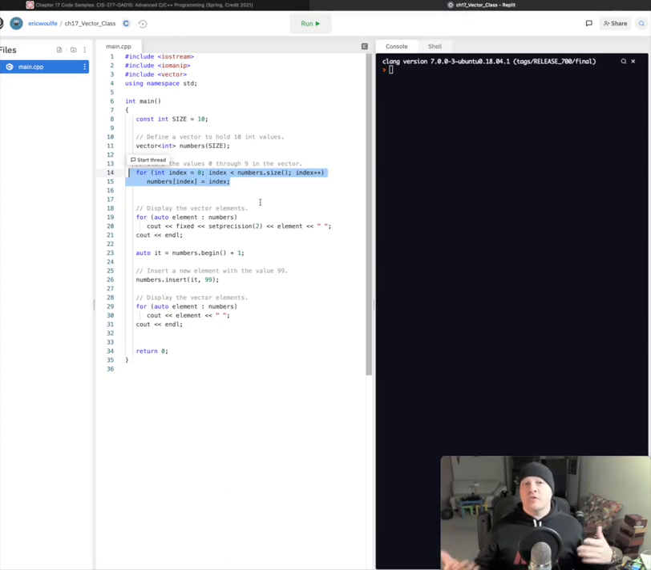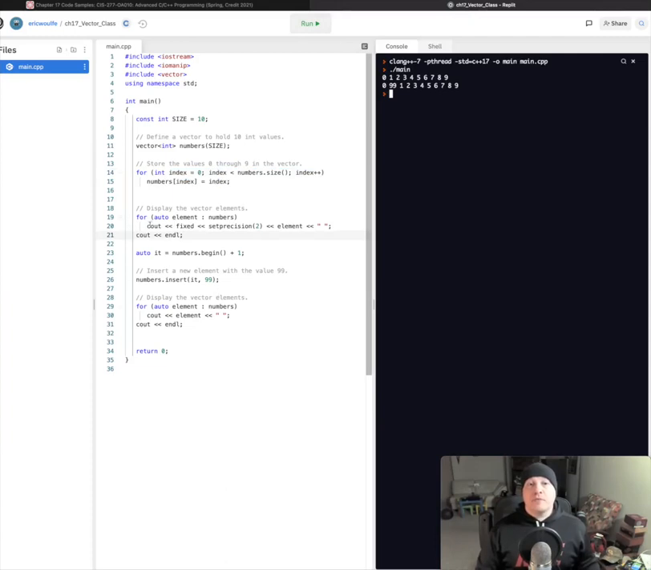What we are doing is just a simple loop in order to essentially provide values for our vector. So here, I'm just going to go ahead and run this so we can see what happens. Here we've got our enhanced for loop, and you'll notice that here I have auto for element. We do not have to type the